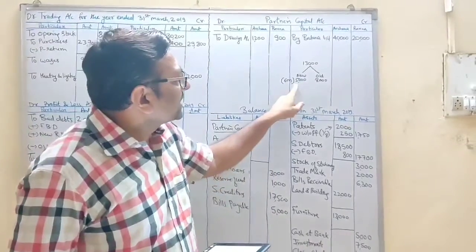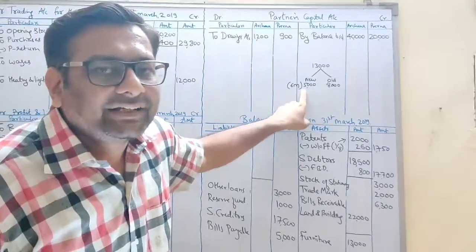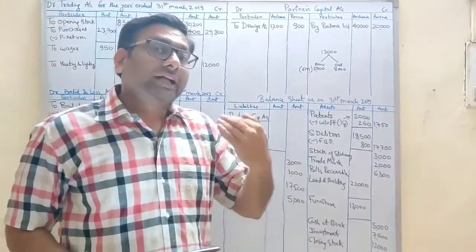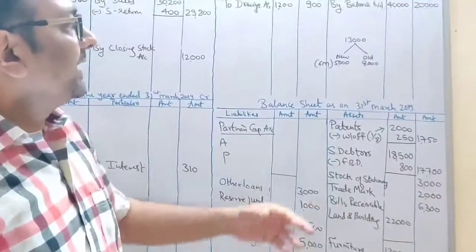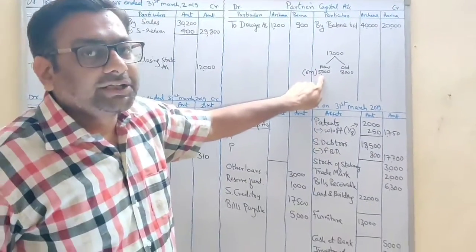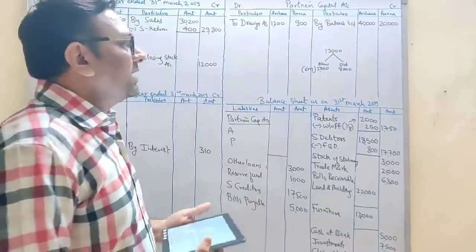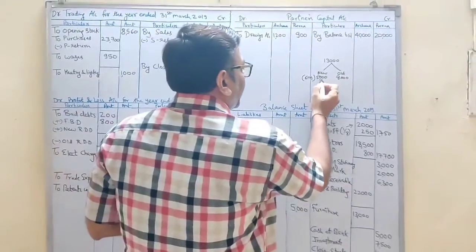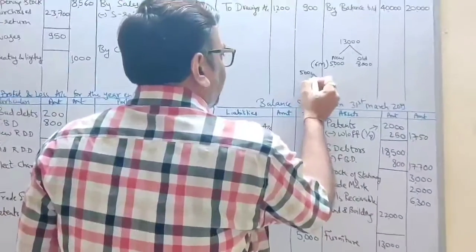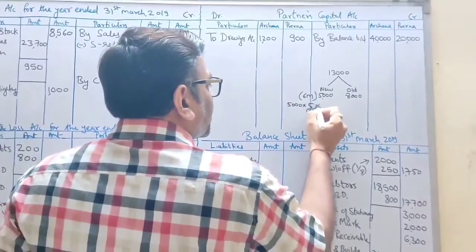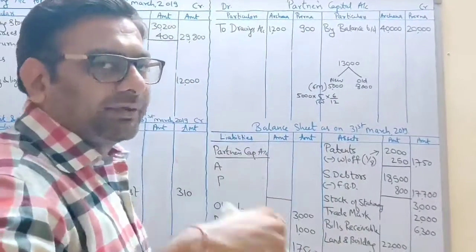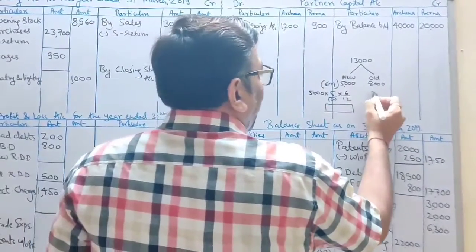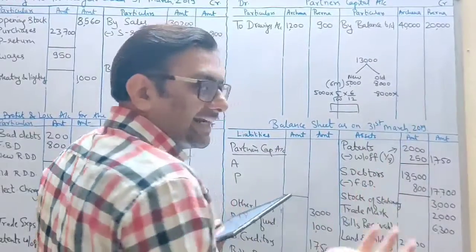So why should we charge depreciation for the entire year? On this new furniture, I am not going to calculate depreciation for the entire year. I will calculate depreciation on the new furniture only for 6 months. So let's see, what is the rate of depreciation given? 5%. So you will take on this amount 5,000, 5% for 6 months, 6 by 12. So this is your depreciation on the new furniture, and old furniture is of 8,000.